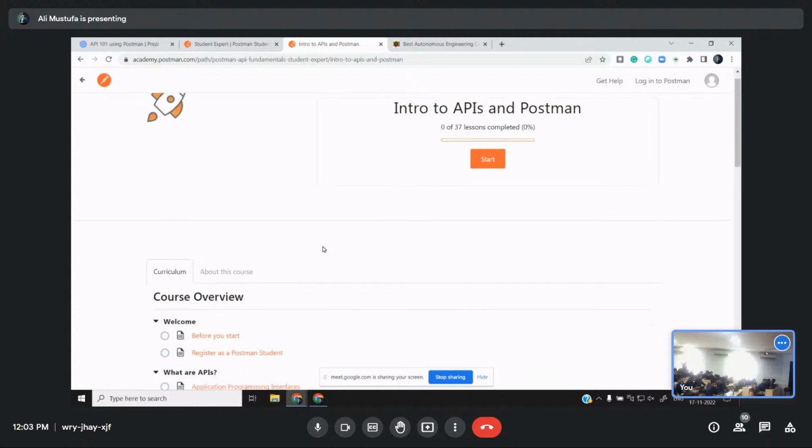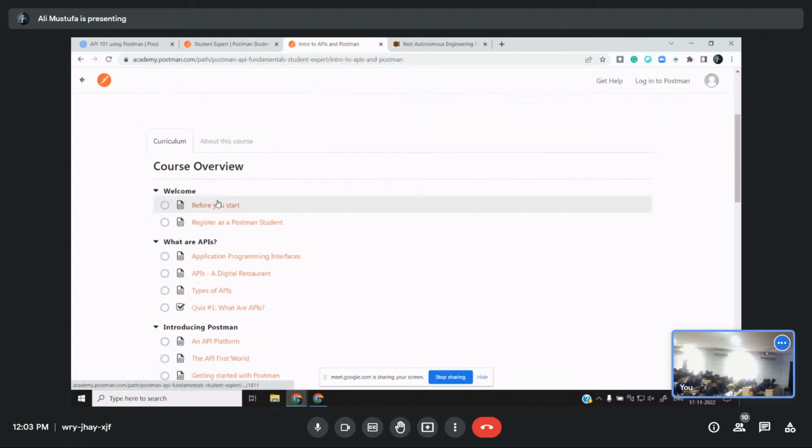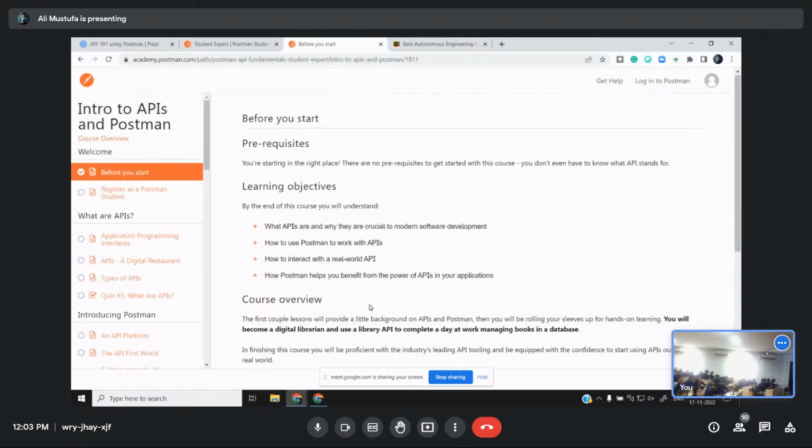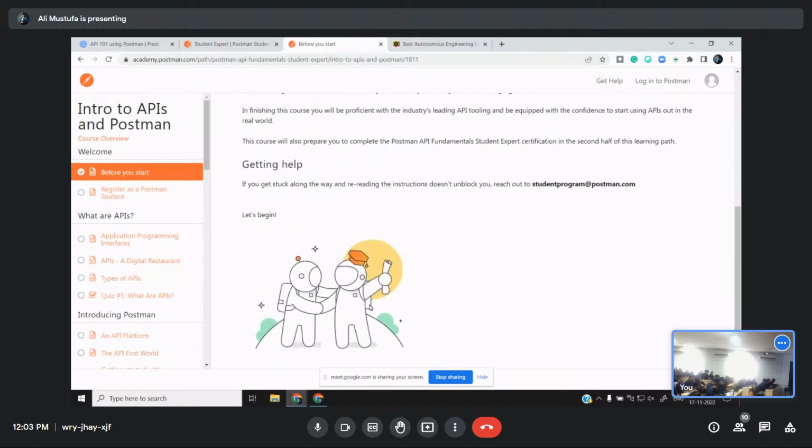Now, we have already done. So click on before start. And it will tell you. So see, what is this? This is called an LMS, learning management system, right? So it's like an online course which you take, but the difference is there is no video here. It's textual data. It's all text. You have to read, do the lab, read, do the lab, and move forward.